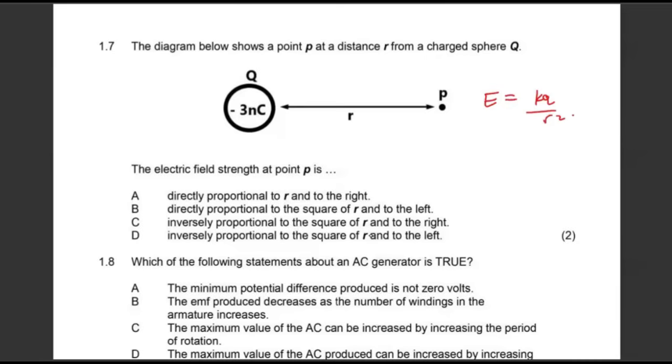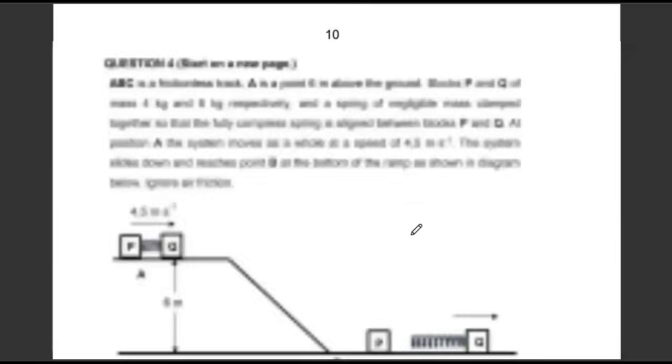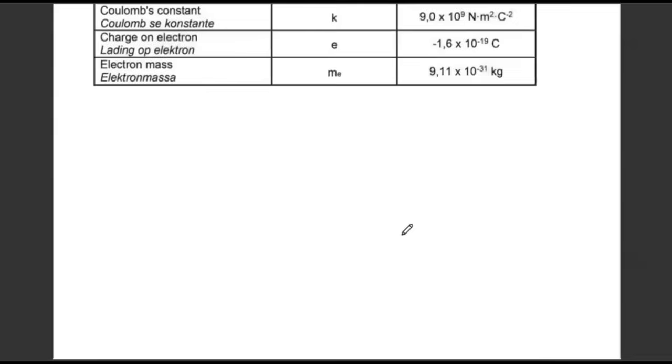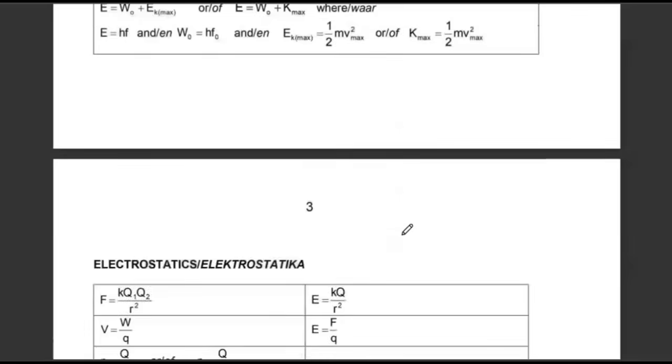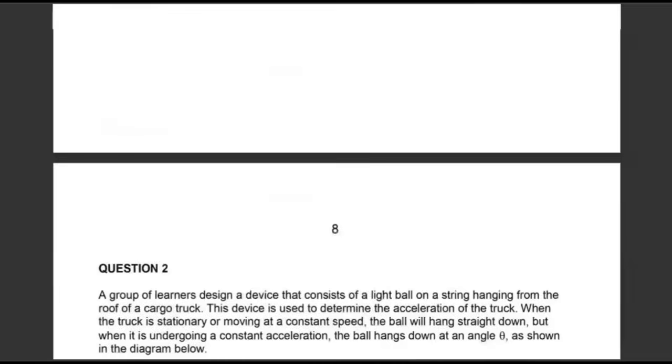Now when you look at the electric field strength and the distance, they are inversely proportional. Let me just confirm with the formula. I don't want to mislead people. Let's confirm it. We said electrostatics. Okay, so it's kQ over R squared. Thank you. All right, so if that is the case,